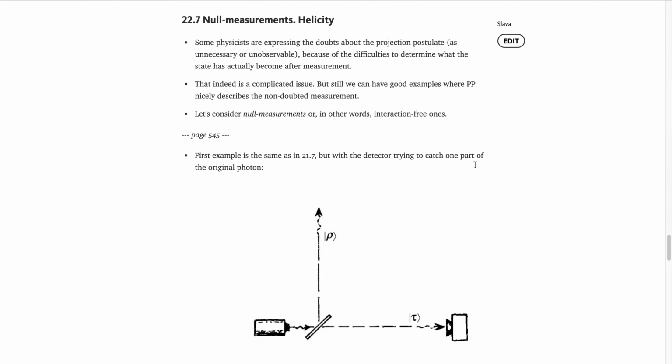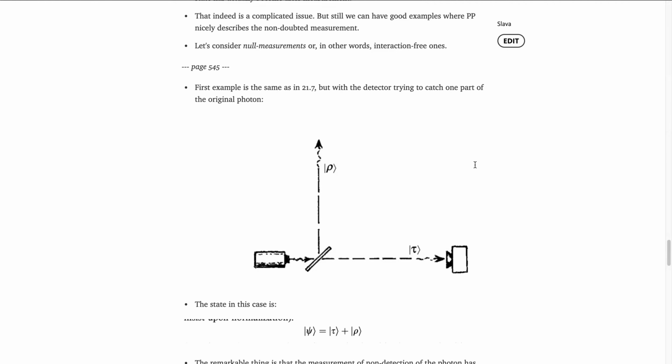And he starts from the example already familiar to us from chapter 21, actually 21.7, but now he has the detector trying to catch one part of the original photon. So basically we have a source here, we have some kind of a silver mirror or something which will reflect part of the wave function